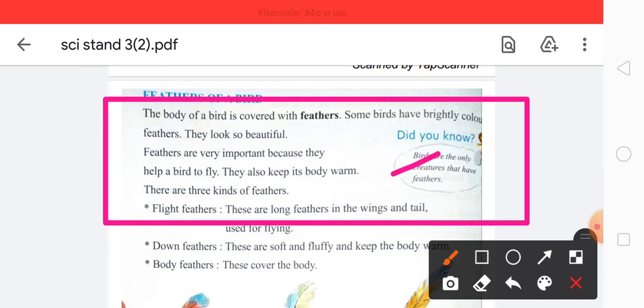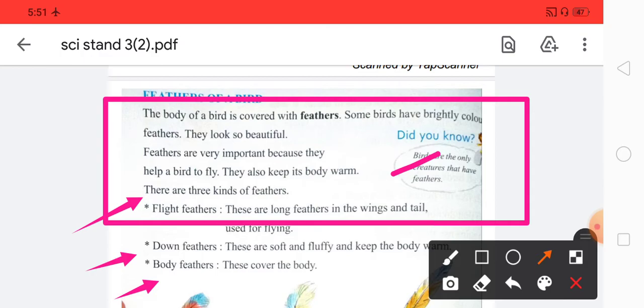The feathers are also very important because they help it to fly. They also keep its body warm, and there are three kinds of feathers. You can see here the flight feathers, the down feathers, and the body feathers.